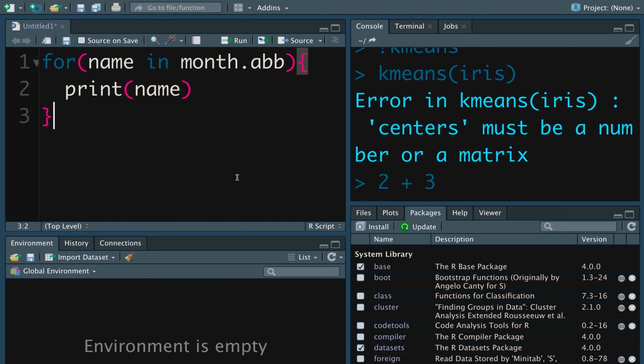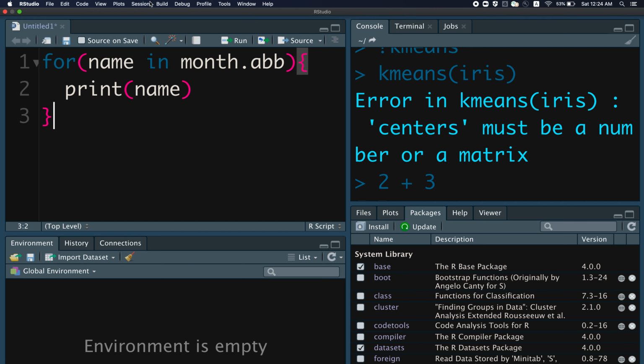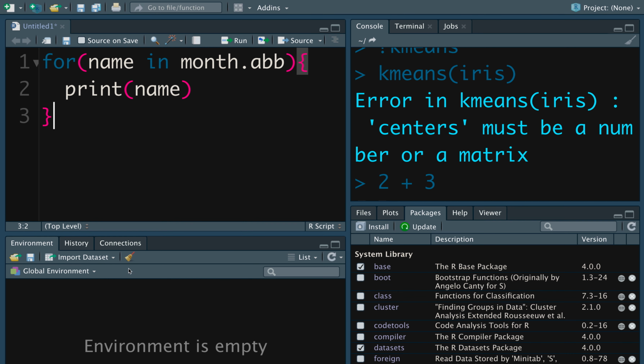A session is the first time you open RStudio, given that you have not restarted R, until you close RStudio. So this is called one session. But in the middle, if you terminate your R or restart your R, that becomes a new session. So every object that you create stays in the given session, until you manually clear the workspace or remove that object. So yeah, that is your environment.